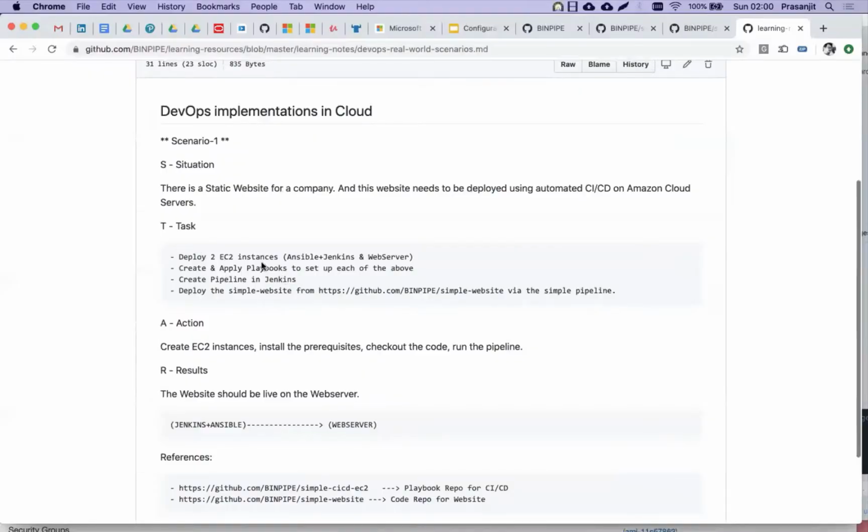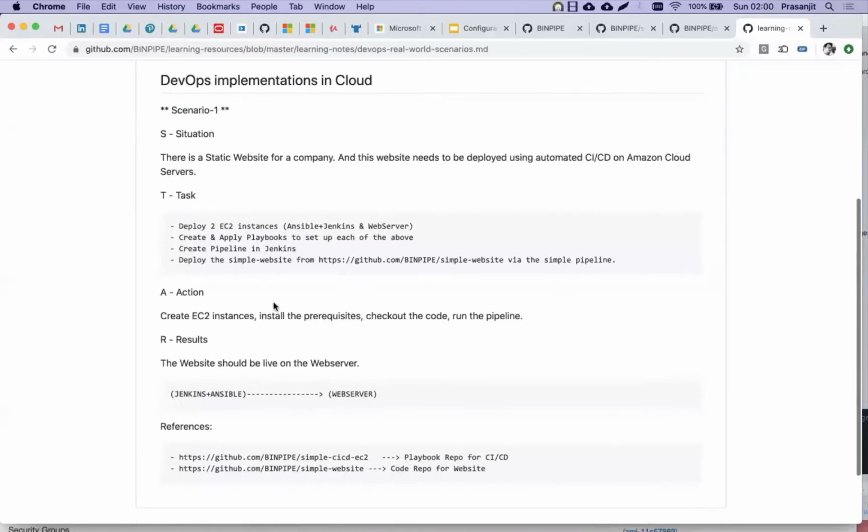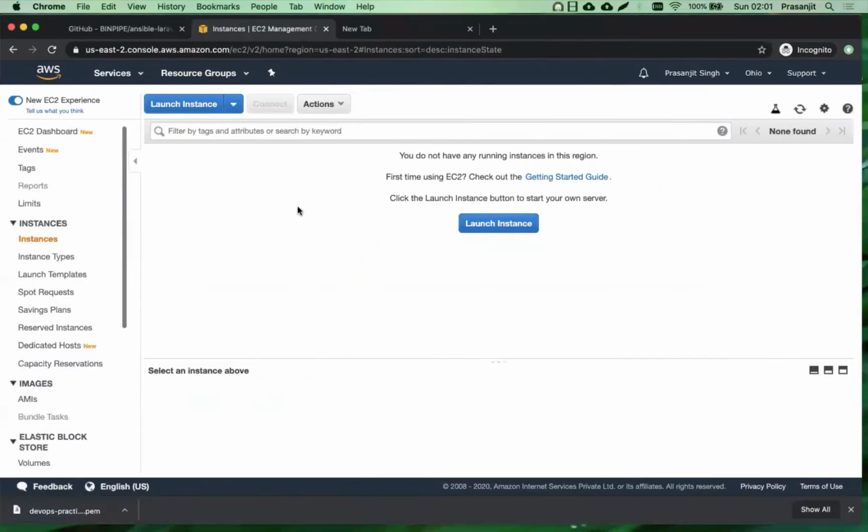So first step, deploy two EC2 instances. Okay, so let's begin doing that because we have a lot of things to do today in order to be able to complete this. So let's try to do it fast. So two instances will be required, then we come to install Ansible and Jenkins on it. At least we will first have to install Ansible, and using the playbooks we can install the other stuff here. Okay, so first thing, go into